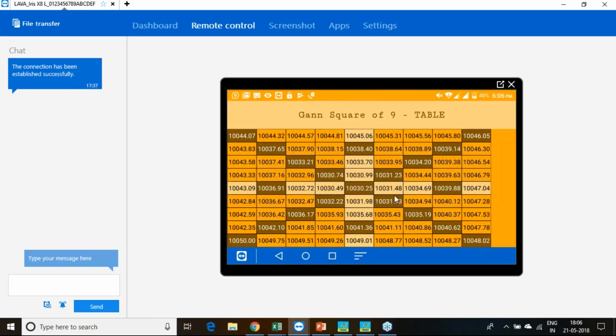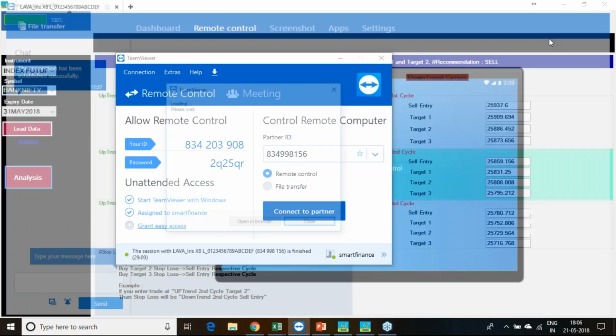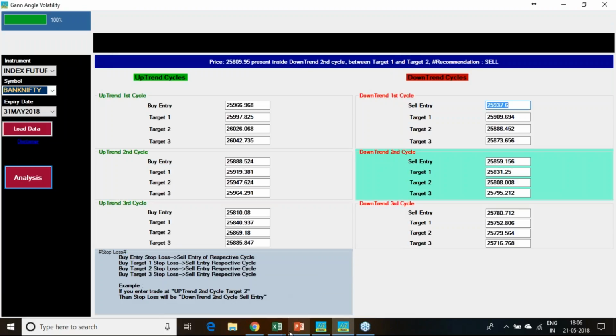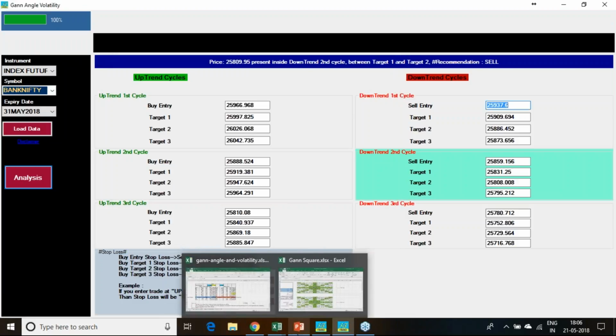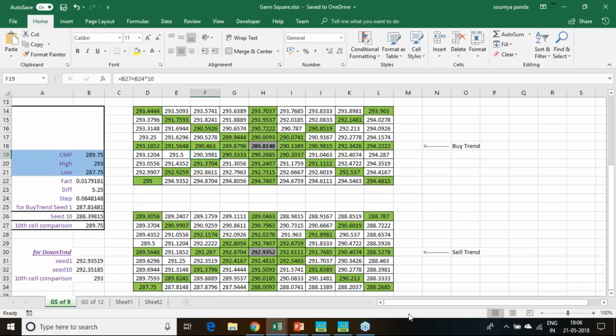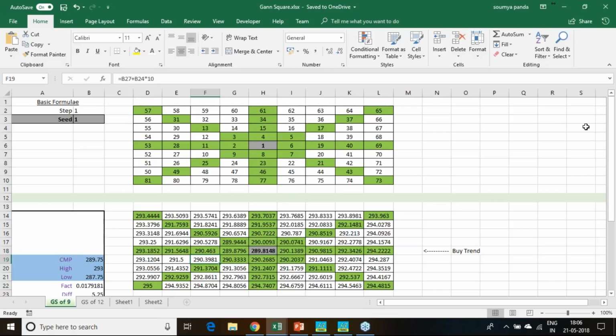So this is the square of 9 table, and we have given where you should take the buy and sell decision. That part I will be discussing here. Fine. So you have seen the web tool and how it looks. Now we will understand a little bit of the concepts. What happens in the Gann square of 9? This is just a numeric arrangement. We arrange all the prices in numeric ways,